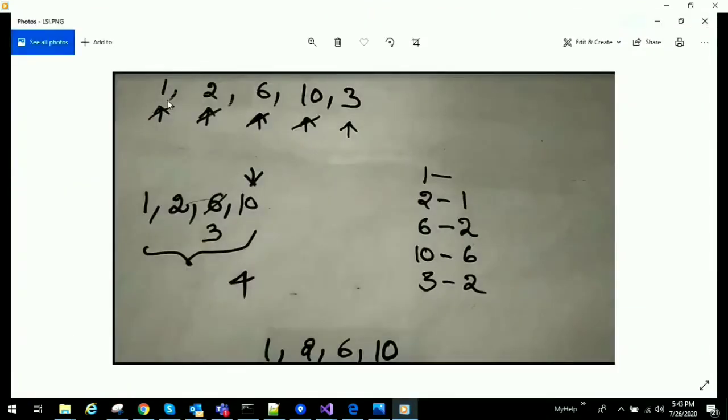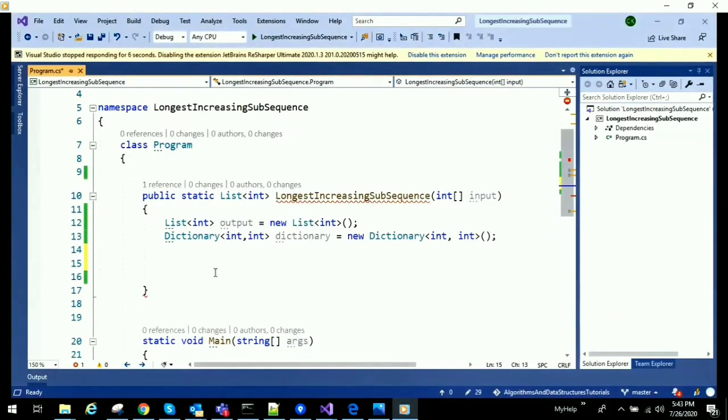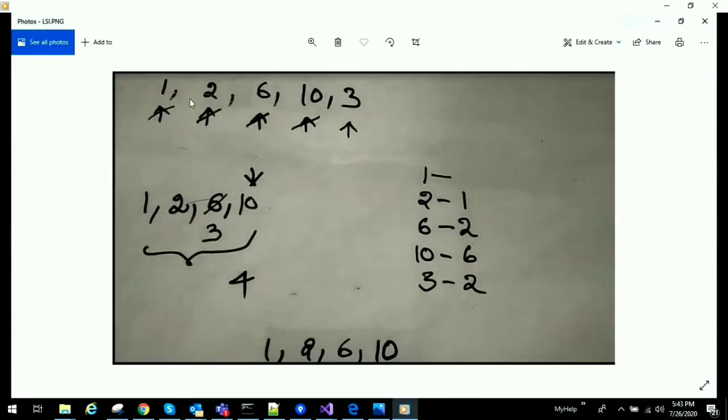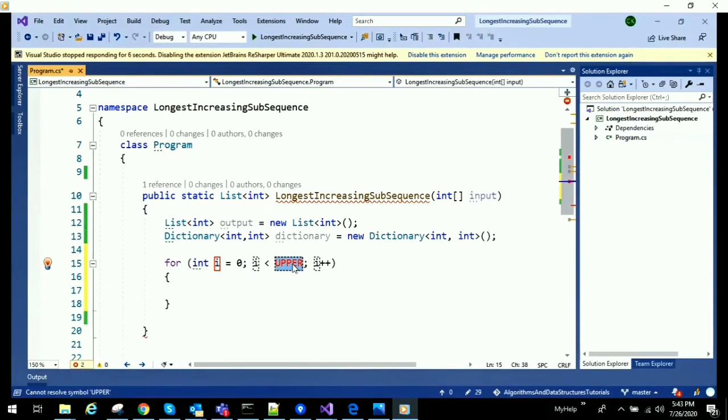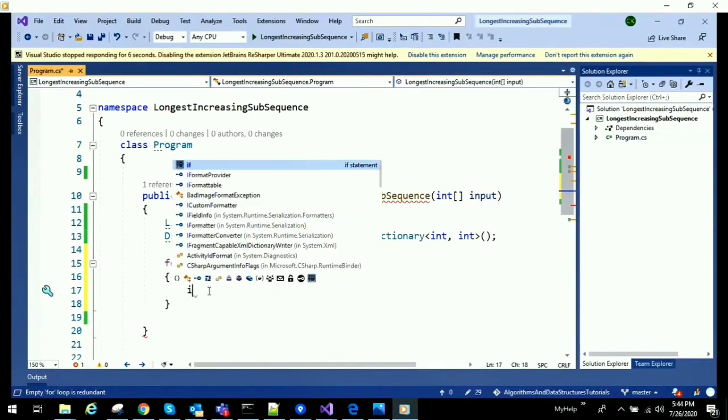We will start with the first element, and if the other array is empty, then we can directly add this element to that array. We will write that condition first. And we need to process all the elements in the array, so I am using a for loop. Input.Length, so till the end of the input we need to process, so that's why I have written input.Length.